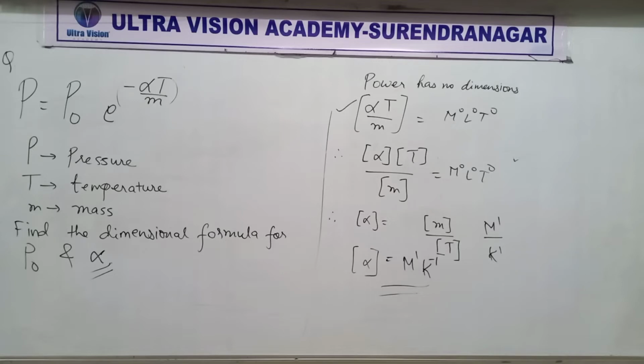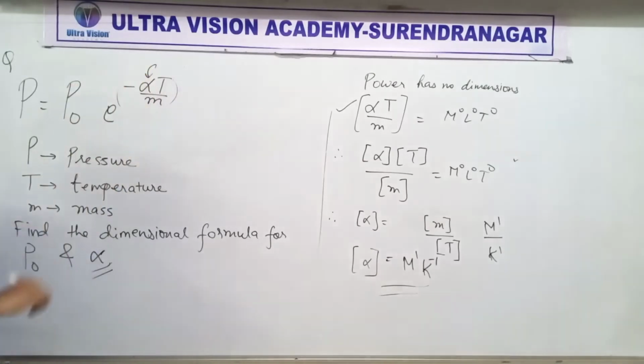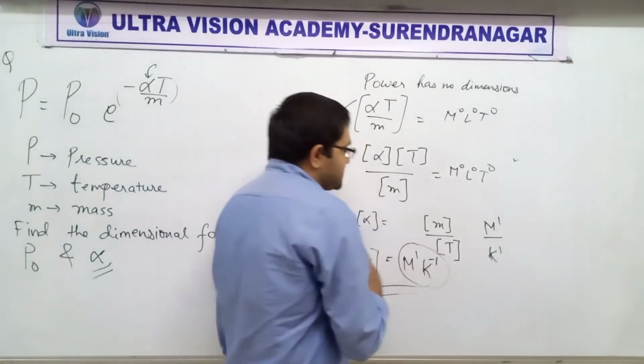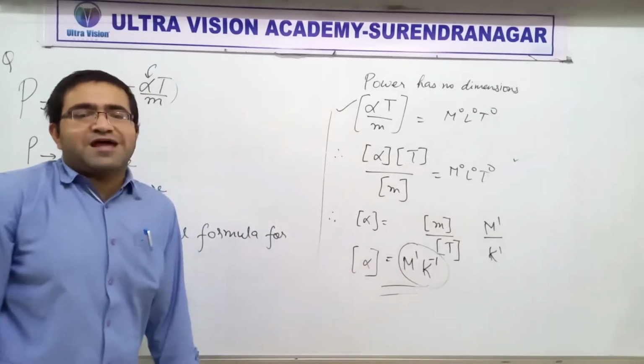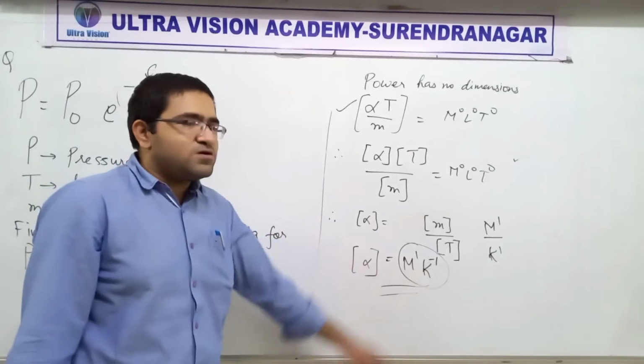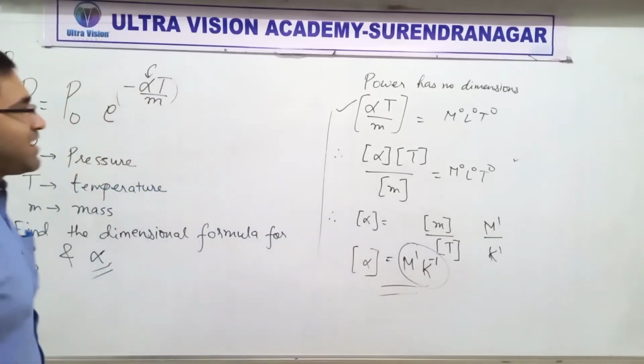Okay, because k is in the denominator. Well then, like this you can find dimensions for other unknown quantities, right? So for example, you don't know what alpha is. I have not even told you, but still you could find out the dimensions for alpha. That's one of the uses of dimensional analysis.